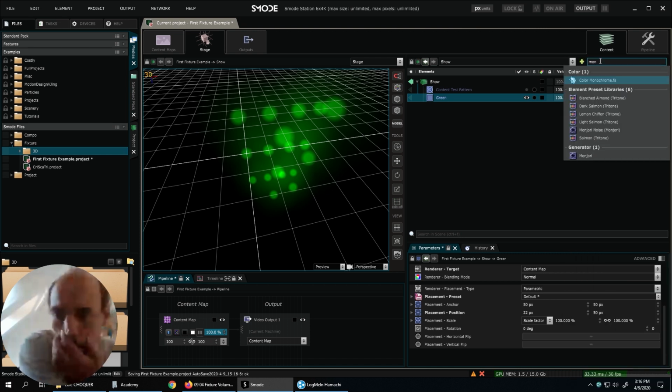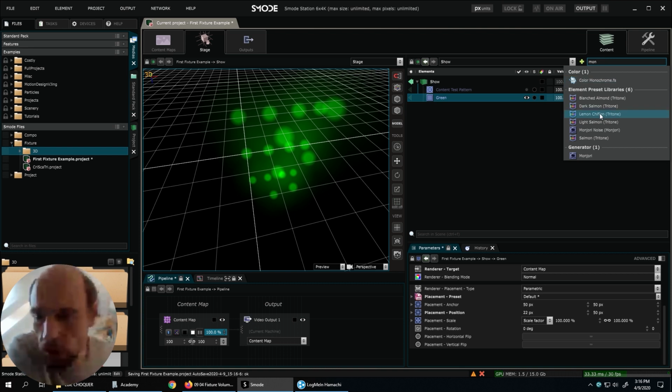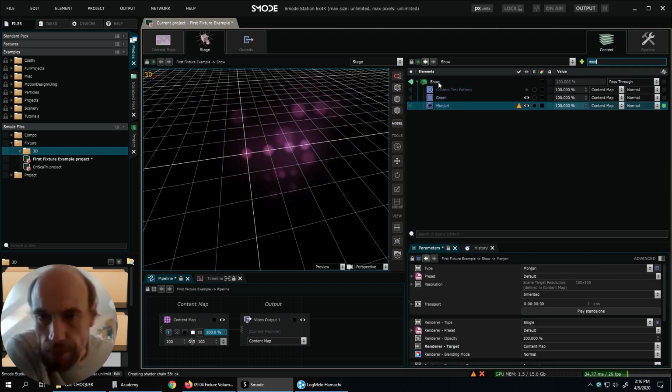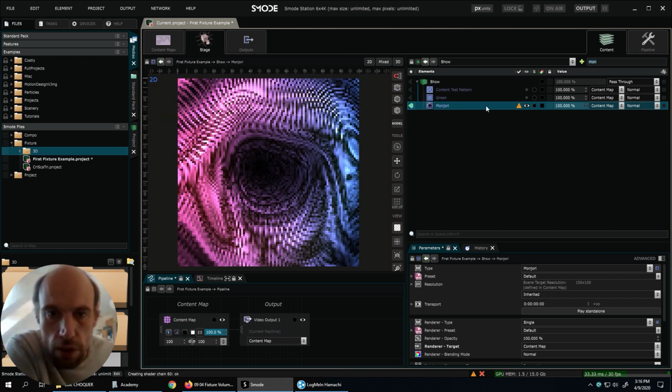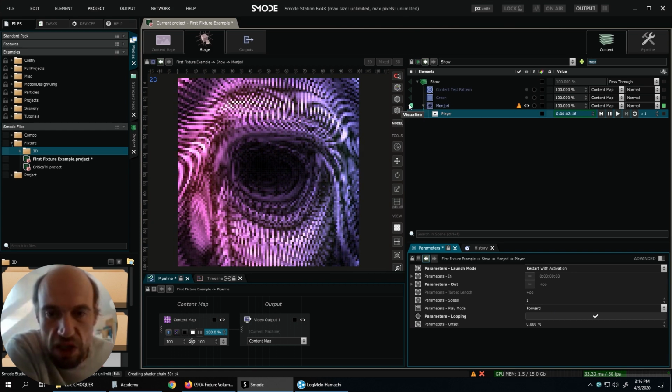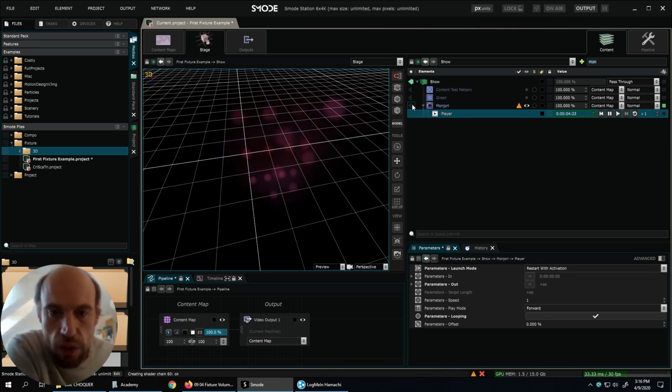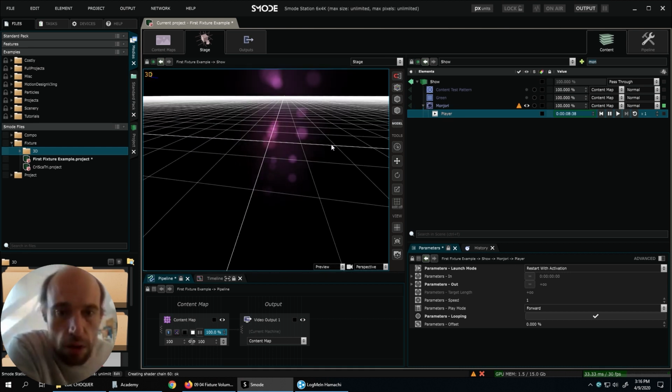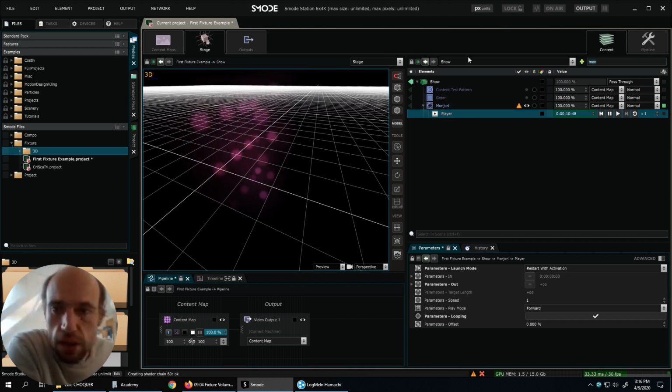So one I often use is called the Mangerie. So Mangerie is a shader like this. We can play it. But basically, for me, for now, it's just a way to generate some colors that are moving. And now we have this.